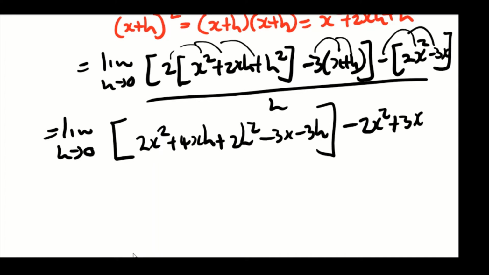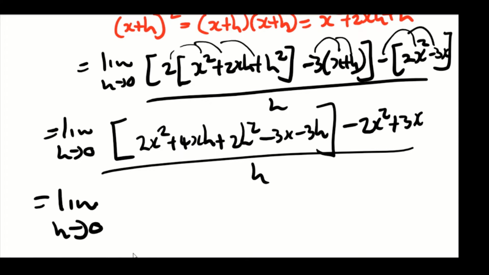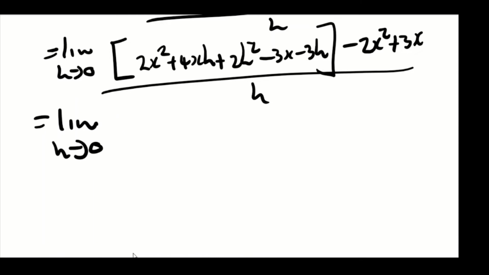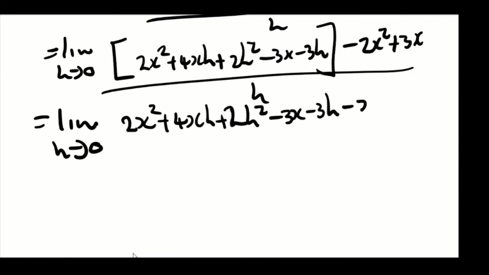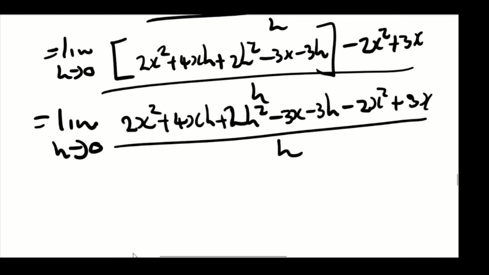This negative multiplies everything inside, and then h, so the limit when h approaches 0 is going to be 2x squared plus 4xh plus 2h squared minus 3x minus 3h minus 2x squared plus 3x divided by h, right? So this minus 3x and this one goes away, this and this go away, and then we remain with the limit when h approaches 0 of